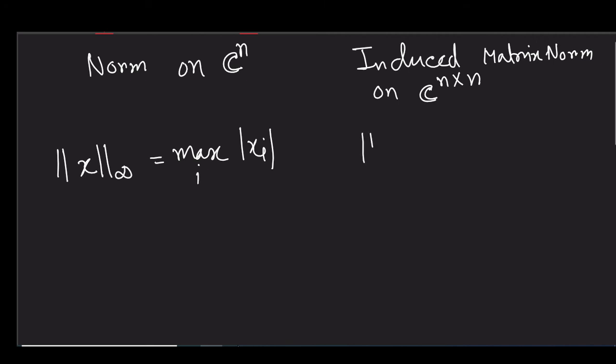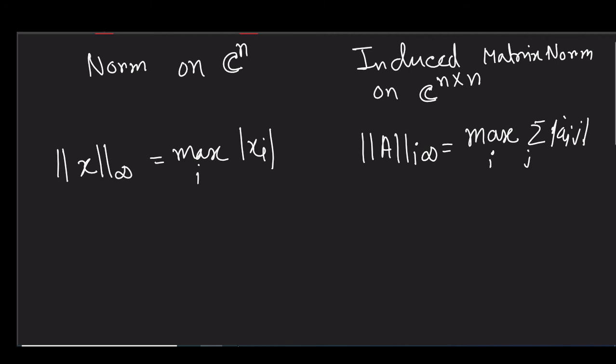Here it will be the maximum over i of the sum over j of mod a_ij. So basically, sorry,